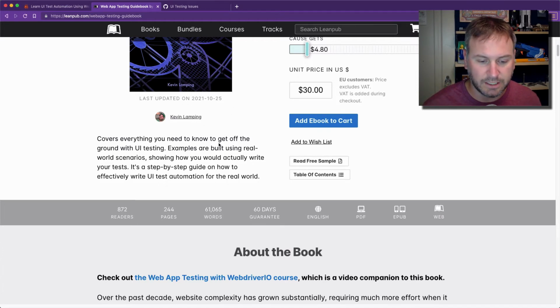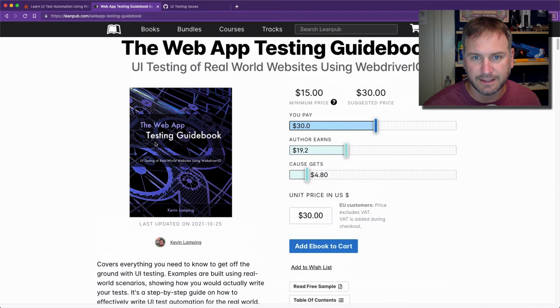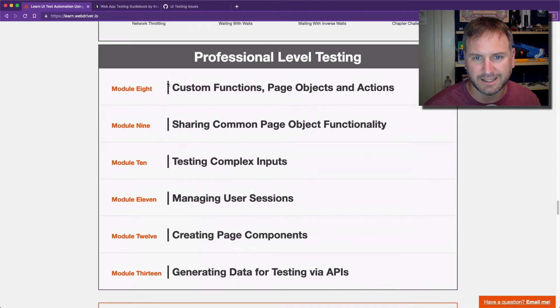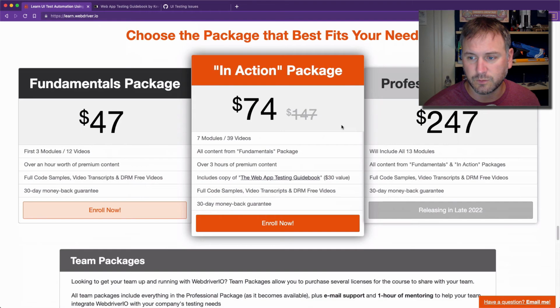What's next for me? After I get this guidebook updated, I will go back and start working on the final 6 modules. I'm aiming for about 1 module a month, so this will put me through the end of the year. Maybe I could do more than that, it just depends, but hopefully I can get these modules done and get this course finished so that when people look at this, it actually says it releases in late